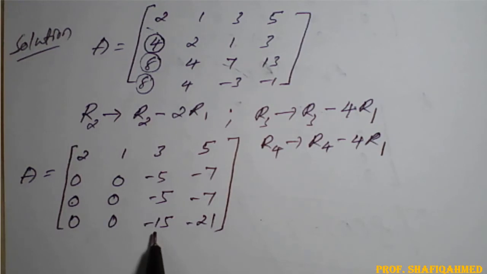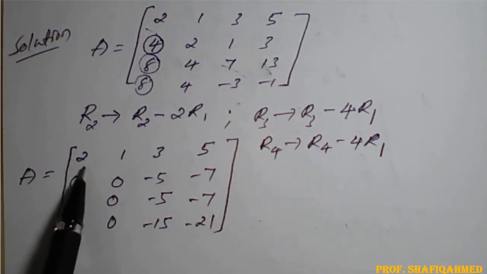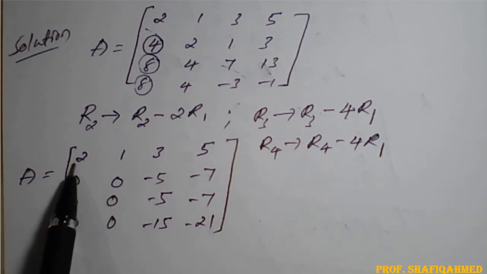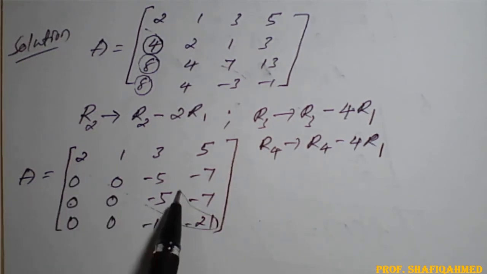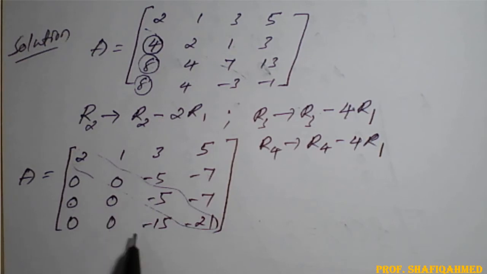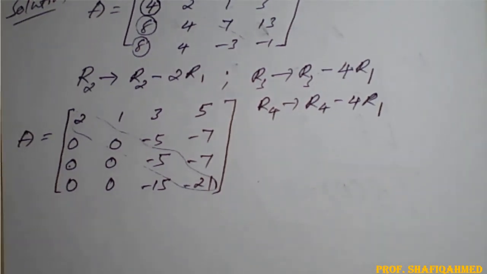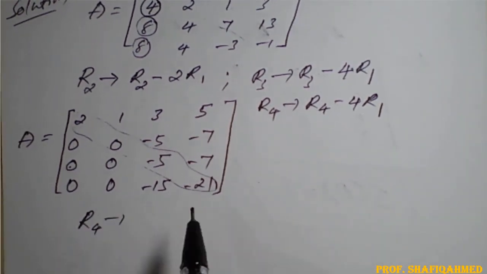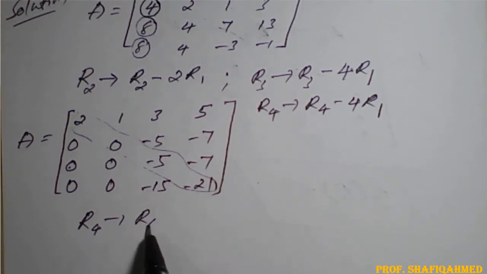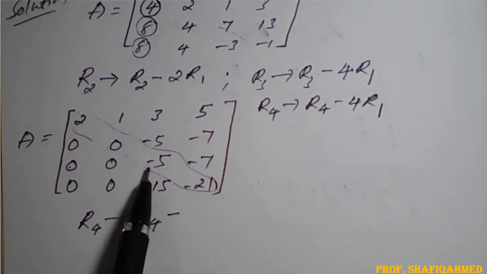So next here what I can say, -15 and 21 you can reduce it, or else let it be. So these are the diagonal elements, you can see. So in this diagonal element, these are our diagonal elements. So below this diagonal element we have to make 0, so we have to make this element also 0. So first we'll make this element 0, so 15. So to make this element 0 on R4, so R4 minus, so how much the 15 here?